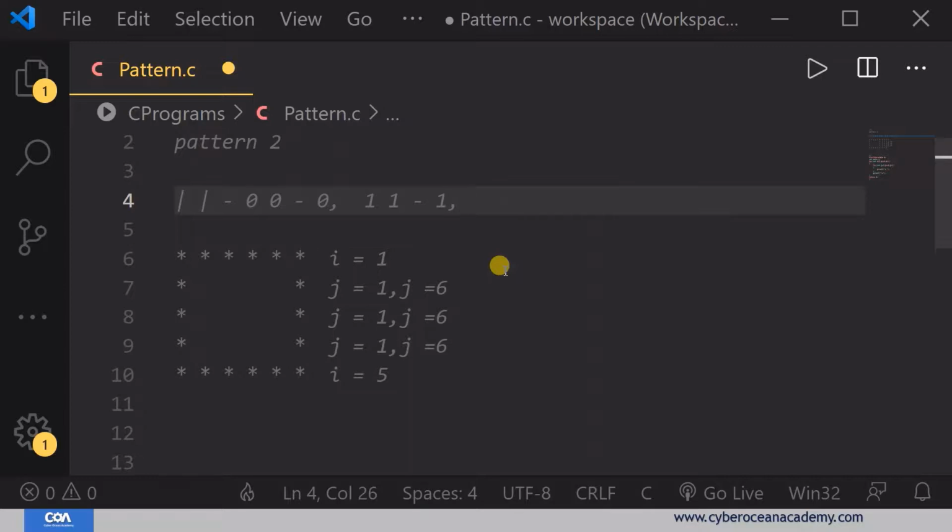If at least one value is 1, that means 1 0, it will give you 1, and 0 1, it will give you 1. So here the condition is at least 1. So if we have at least one 1, then it will give you 1.